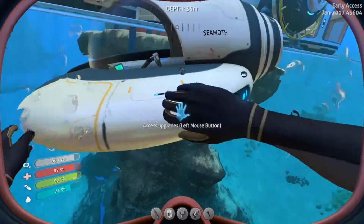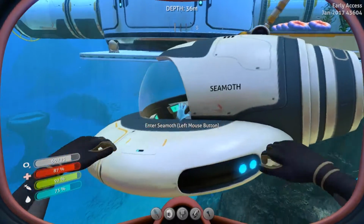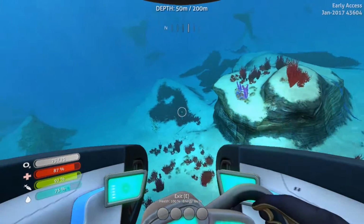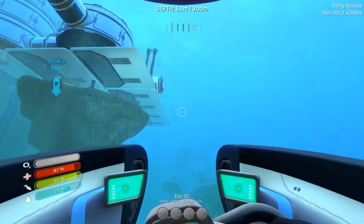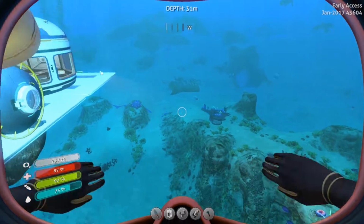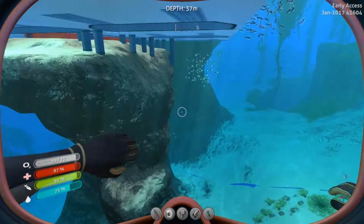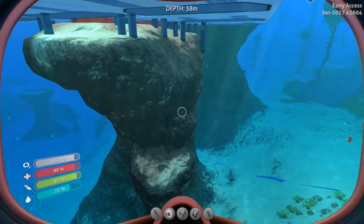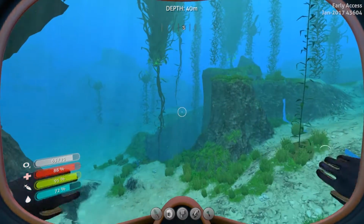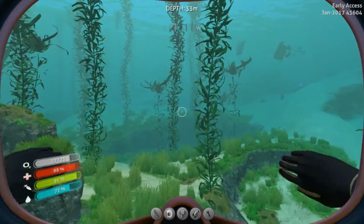I went ahead and built a Seamoth, and I'll show you why, but you see everything works great. Got me a nice Seamoth. I could go around. It's got good range on it, but I don't have a way to charge the power cells yet, so I'll try not to use it too much. But I built it first because A, I already had all the parts, and B, one of the things you need for the Cyclops is enameled glass, which to get that you have to get